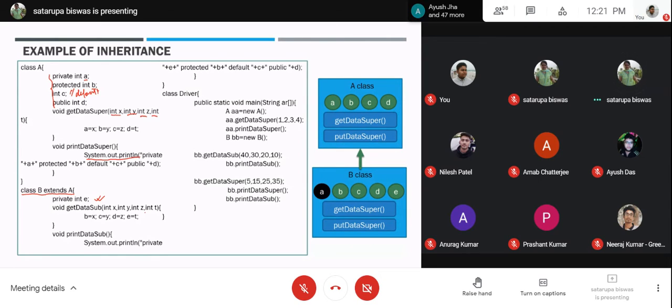Anyone? If you go to the second line, this is basically initializing the B variable, the C variable, the D variable. B, C, D are protected, default, and public present in A. So these are equally available inside B as well.